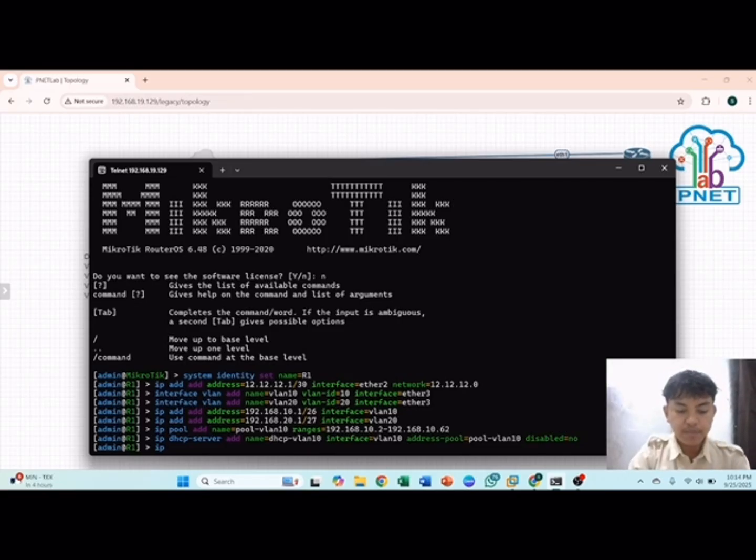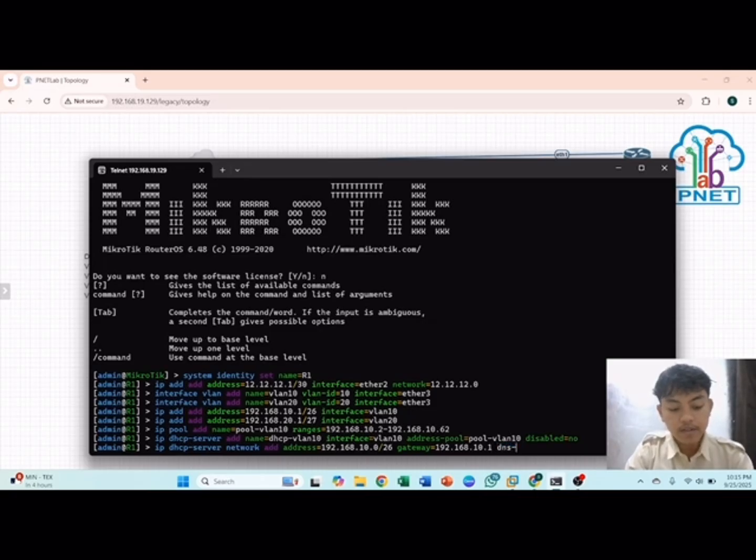And then we will add the DHCP server network. IP DHCP server network, and add the address 10, and the network prefix is 26, and gateway 10.1.